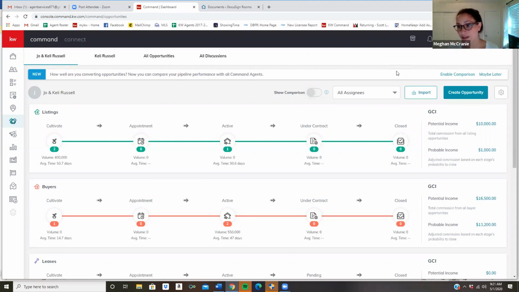I do not know of a way of exporting the data out of Command right now from opportunities. So those of you that in the future leave KW, and, sad, we don't want you to leave KW, obviously, but if that were to ever happen, you'd be stuck with your information in here as of right now. So just, again, something to keep in mind. To me, it is always safer to have it on your computer or something that is totally yours, like a separate Google Drive. Just being honest.